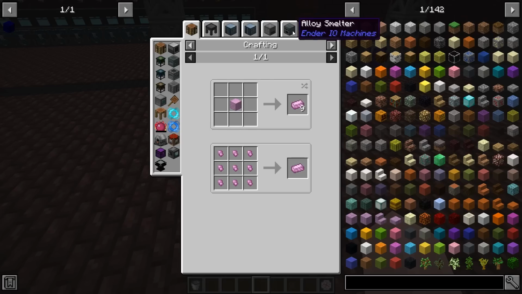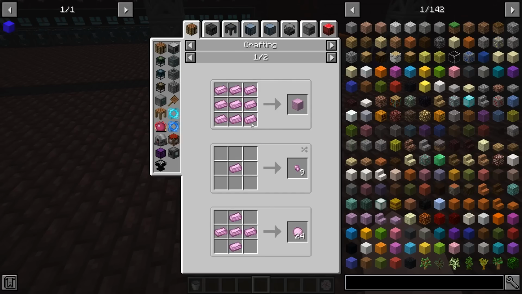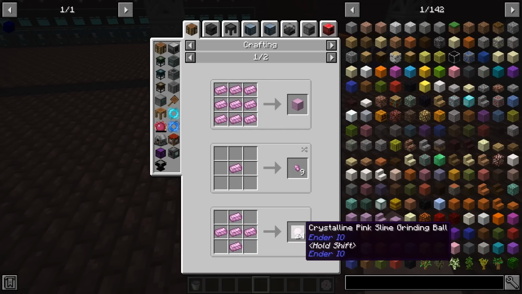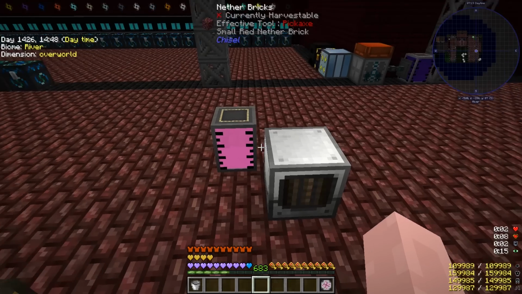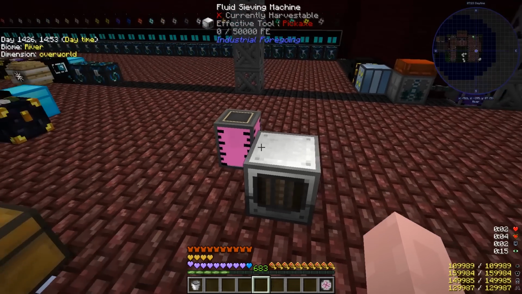So yeah, you make the pink slime ingots using the fluid sieve, and then the grains of piezoality will make the crystalline pink slime ingots. 5 of those will make me 24 pink slime grinding balls. So I'm not actually going to do all of that on camera since I just explained it, but I am going to hook up the fluid sieving machine, and I am going to...